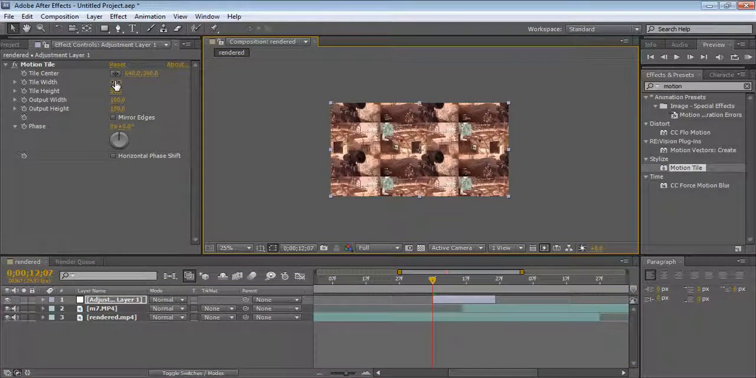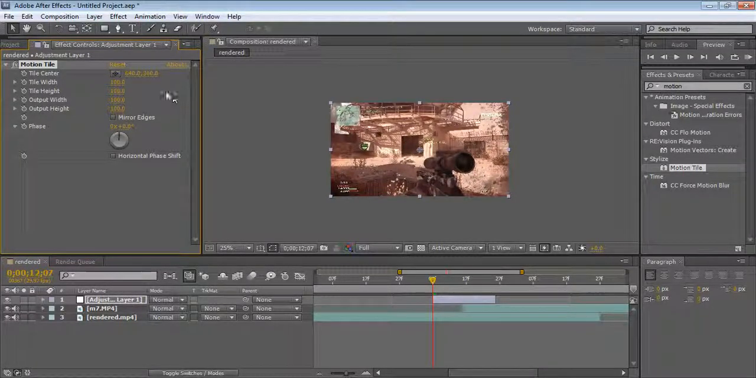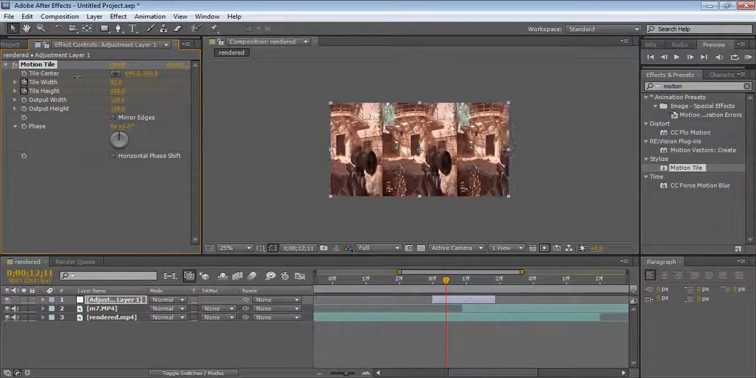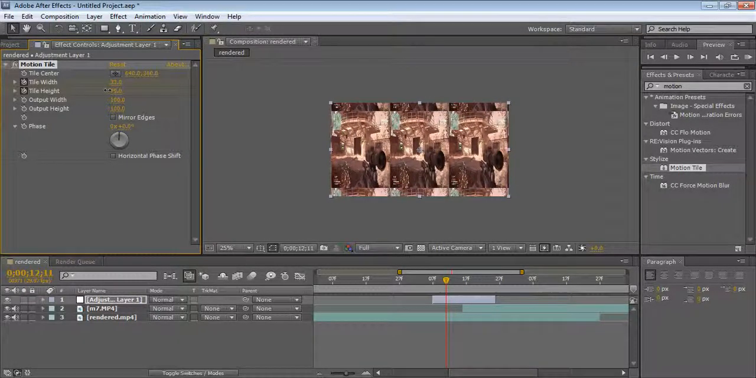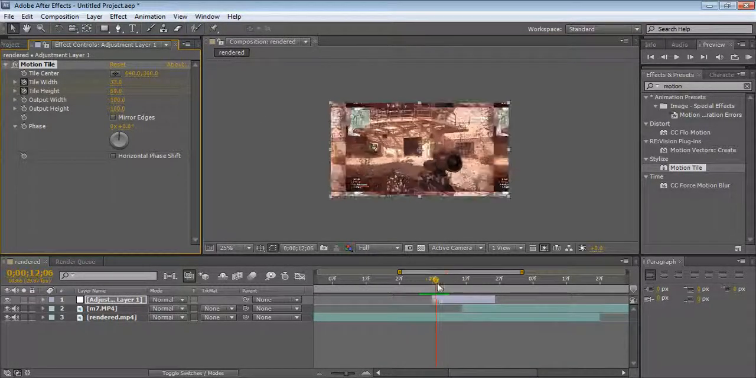We want to make sure this is at 100, this is at 100. And we're going to click those two right there. And we're going to go ahead 1, 2, 3, 4 frames. We're going to drag this down about there. Drag this down to about there. Looks pretty good. So you can see it does kind of a